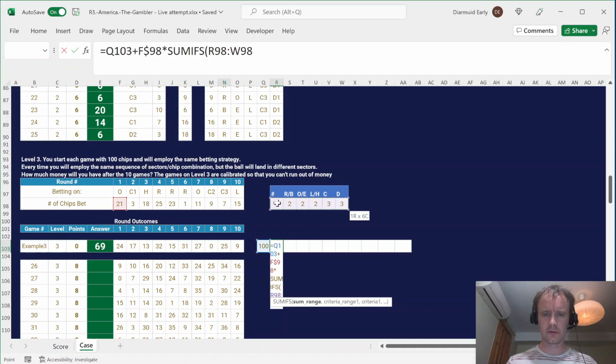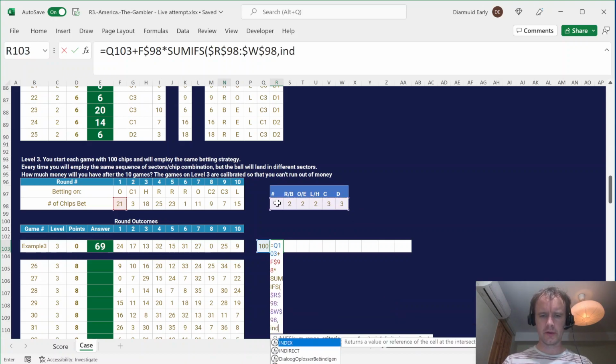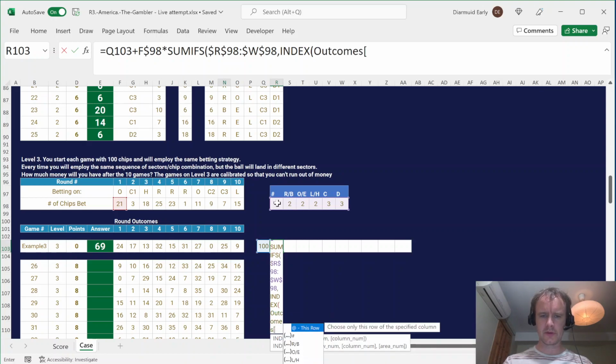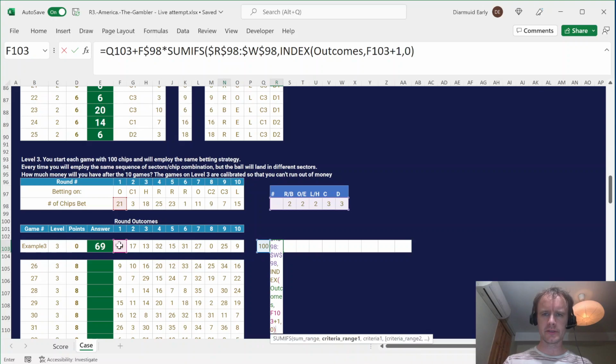This, lock that in, where index, outcomes, and the row number I want is this, plus 1, because again, remember I have the 0, very important, and 0 to give me the whole thing, where that is this. So in other words, if the 21st row of the table, or again, 25th, because 24 is the outcome,